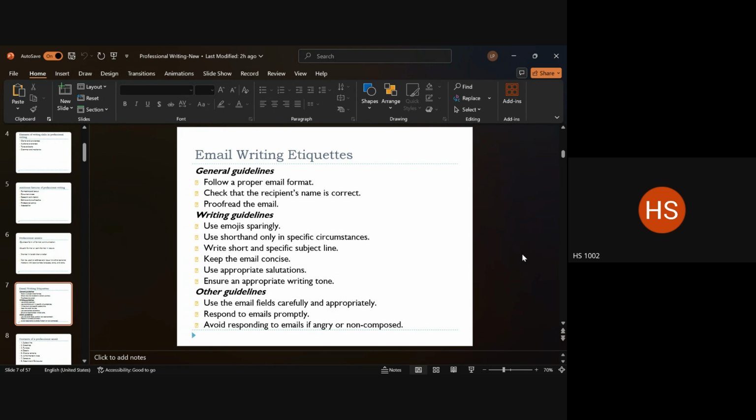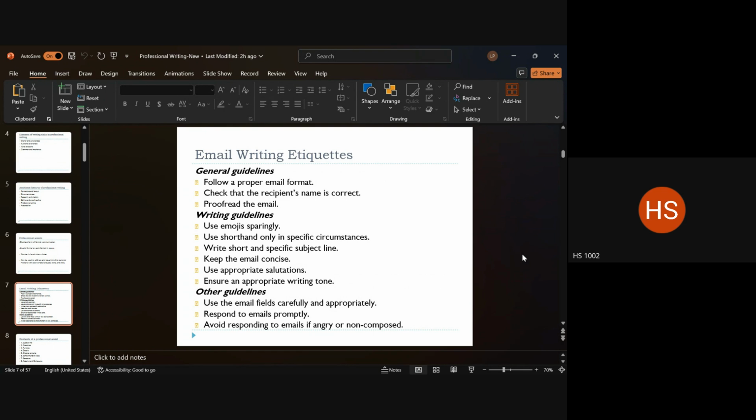Proofread all your emails. Do not send a lazy, unchecked, unedited email to anybody because that's going to leave a very bad impression. These days, it's easier because you have all kinds of AI assistants. Google has an inbuilt assistant to do that for you. So make use of it. Do not just lazily send an unedited, unrevised, uncorrected email. Use of emojis, right? In professional emails, it's a big no. Never use emojis or emoticons while you're sending a professional email to someone. Shorthands, only if they are universal abbreviations, use them in your emails.